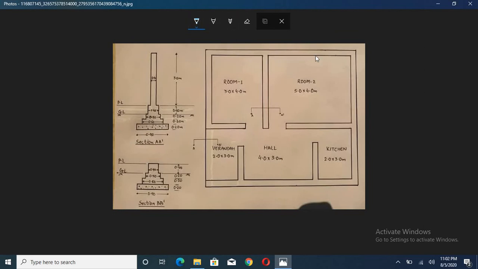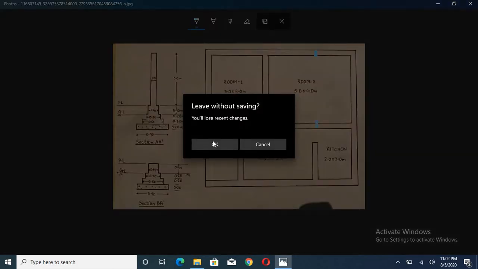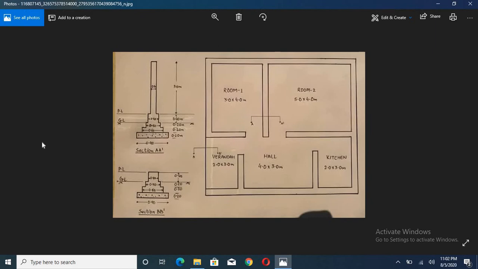We have the dimension from here to here, 4 meter, and up to the center it is 0.15 here and also 0.15 here, so the total is 4 plus 0.15 plus 0.15, left and right, that comes to 4.3. But if we talk about the field, here we can see